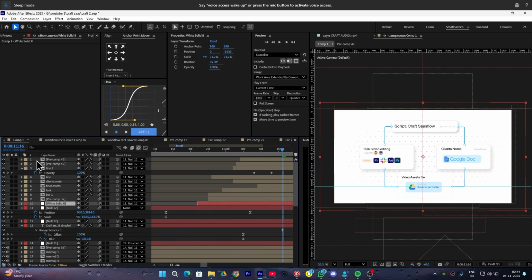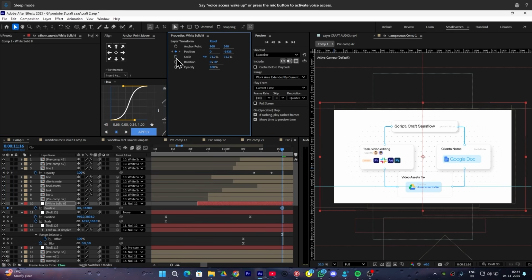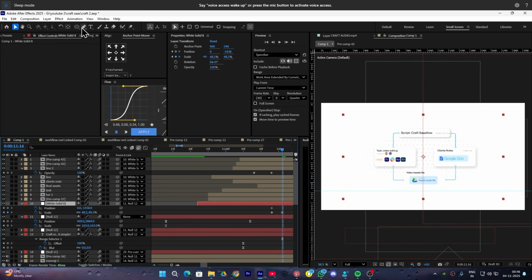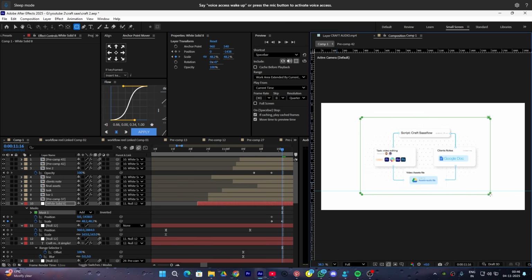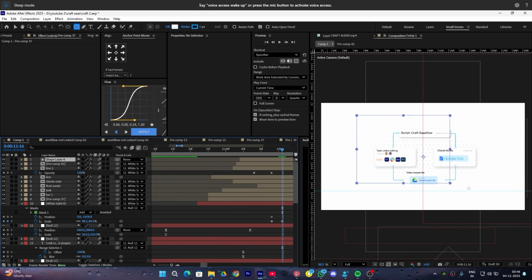So after this, simply select all these layers and simply link them to the white solid layer like this. Next I'm gonna add position and scale keyframes to the white solid layer, so simply decrease its scale value like this much. And then I'm gonna select the rectangle tool and simply create a shape mask like this. Okay,